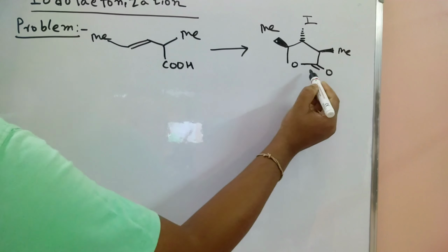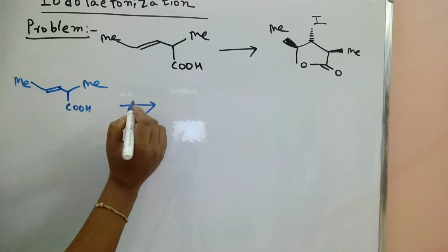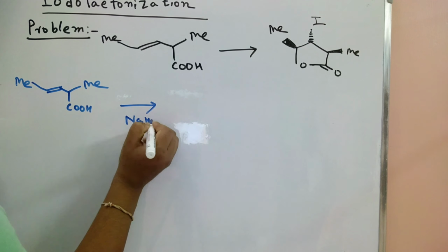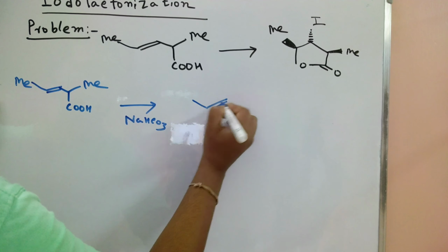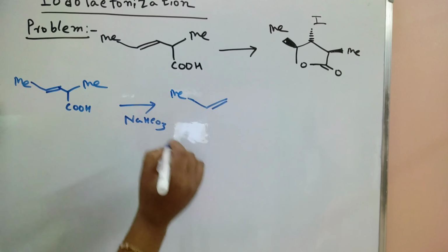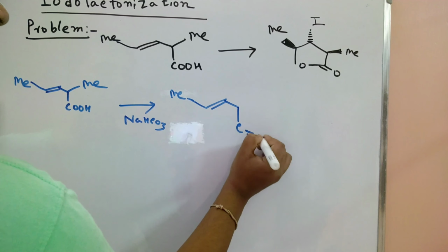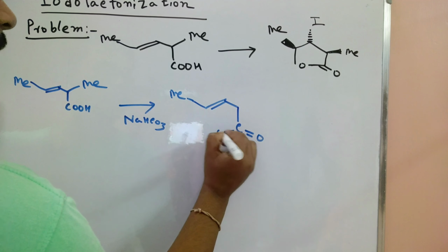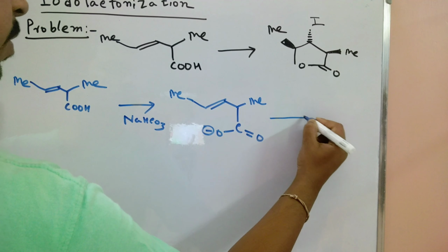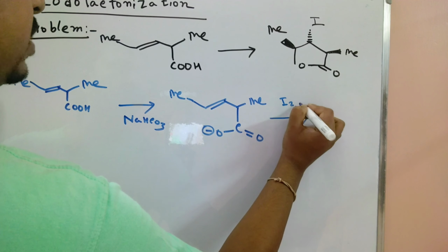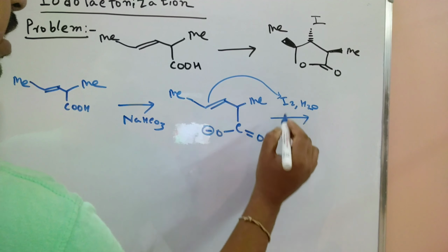Now we discuss the mechanism of the product. Our starting material is here. In the presence of sodium bicarbonate at first, our double bond is here, base abstraction of hydrogen is possible here, C double bond O, and O minus is formed here. Then our next step, in the presence of iodine and water, electrophilic attack is possible